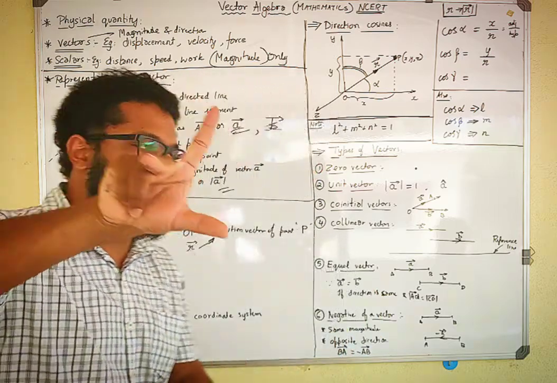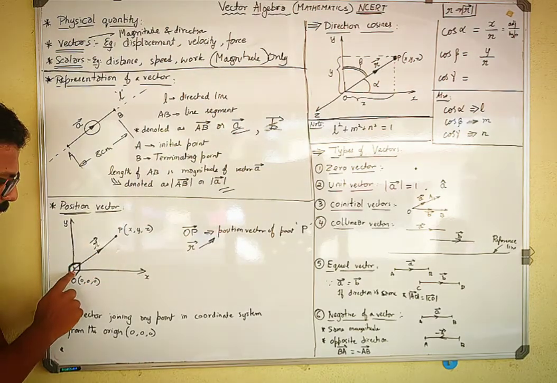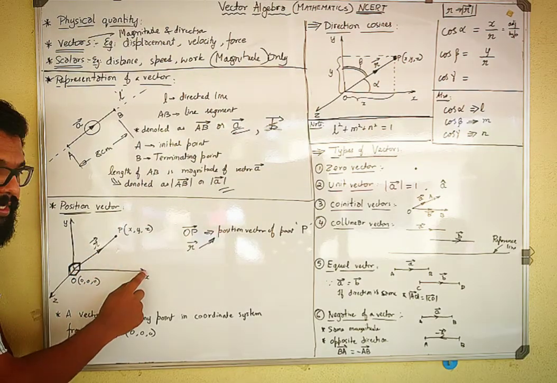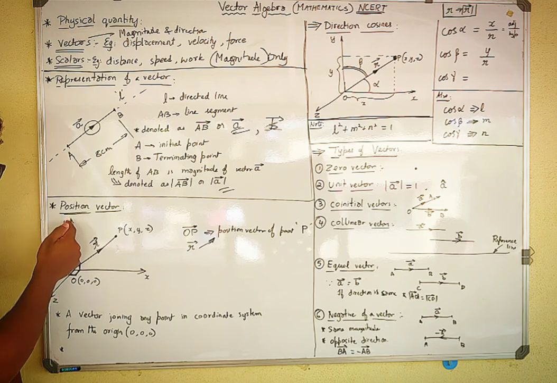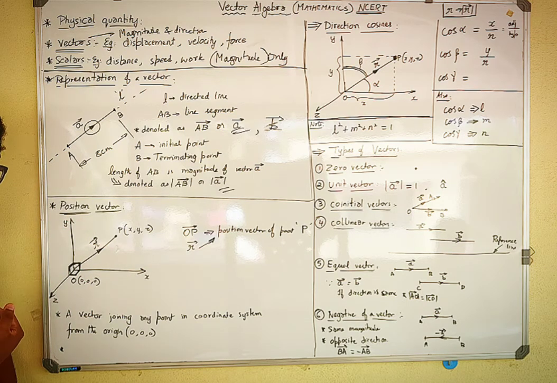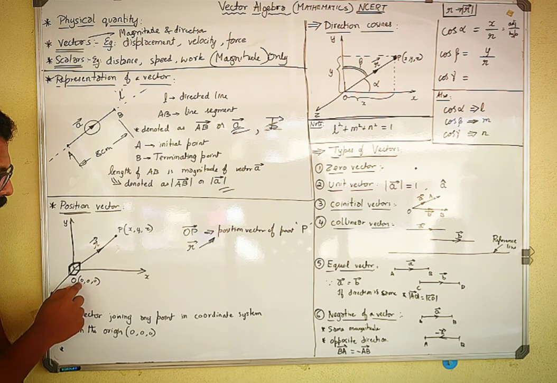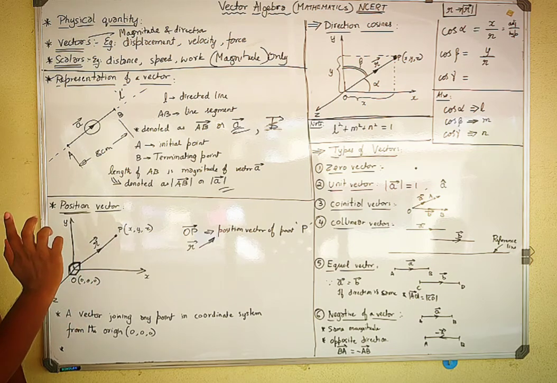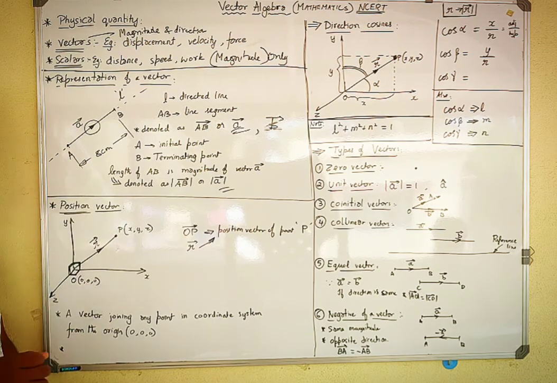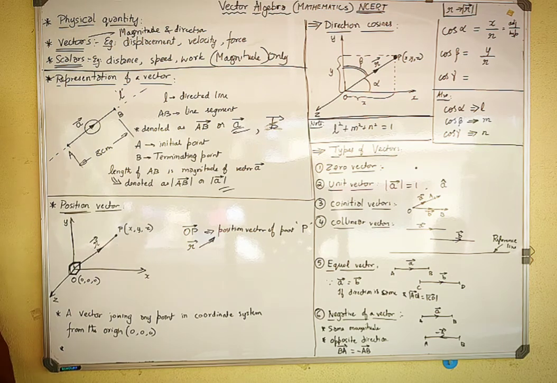So this is how this diagram will look like. This is the originating point, and this is the x-axis. This is my y-axis, and this is my z-axis. Okay. So in this, O is the originating point. O is the origin point whose x value is 0, y value is 0, and z value is 0. Okay. So origin is a point where all the coordinates are 0, 0, and 0.